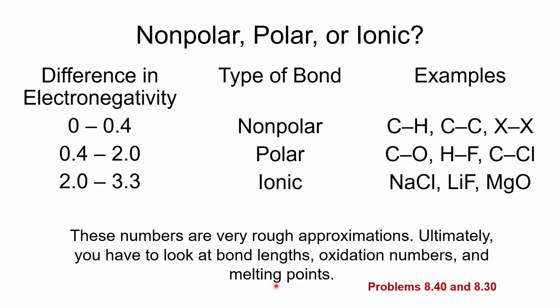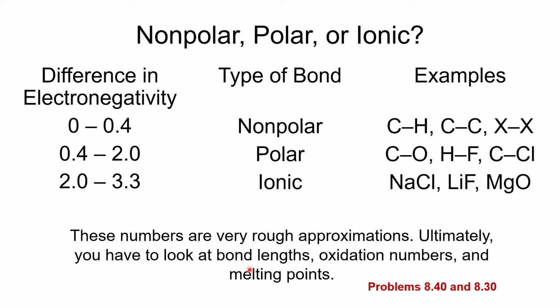Those are all things that can give us a clue whether something is polar or ionic. If you have a really, really high melting point, it's probably ionic. And so, again, it varies. We're just trying to get an estimate here. So we're going to look at